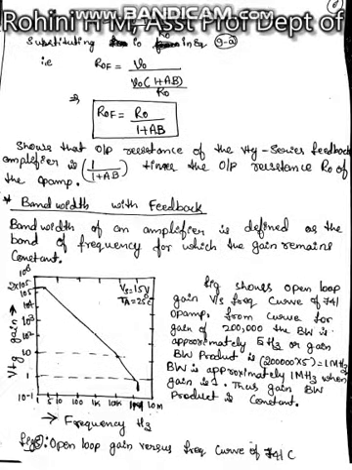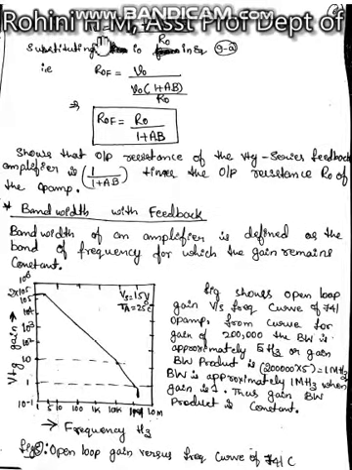So therefore we can write I naught is given by this expression. Substituting this I naught in the expression of R_OF, because R_OF is equal to V naught divided by I naught, we will get R_OF is equal to R naught divided by 1 plus A beta. This shows that the output resistance of the voltage series feedback amplifier is 1 divided by 1 plus A beta times R naught, that is, the output resistance of the op-amp.